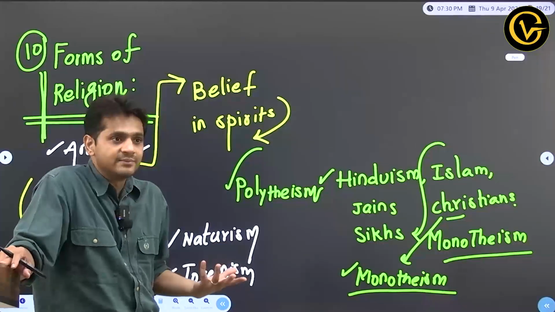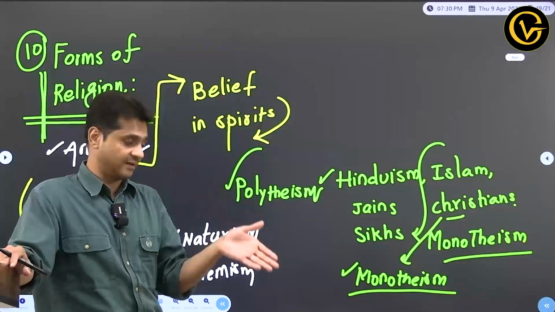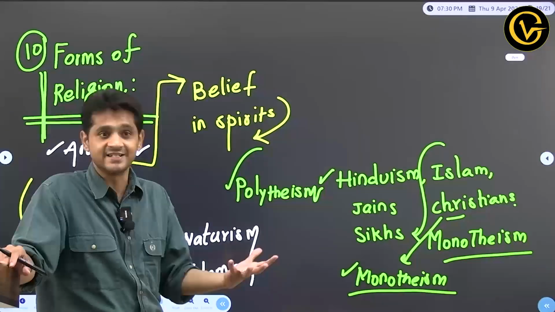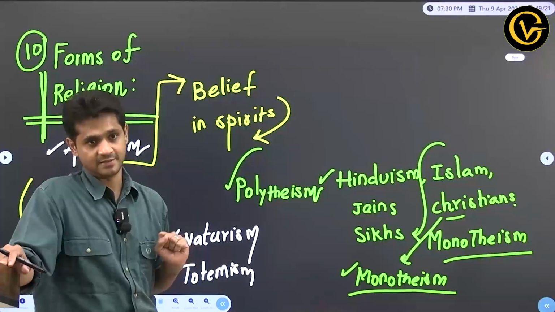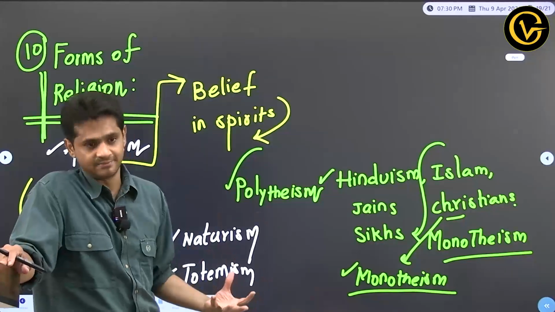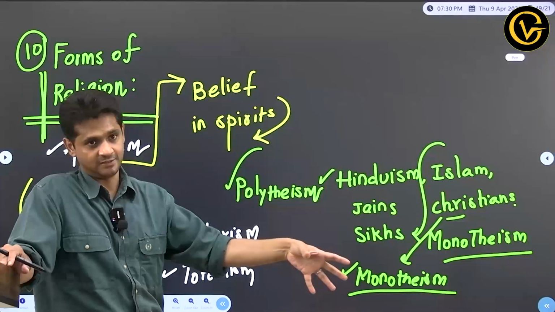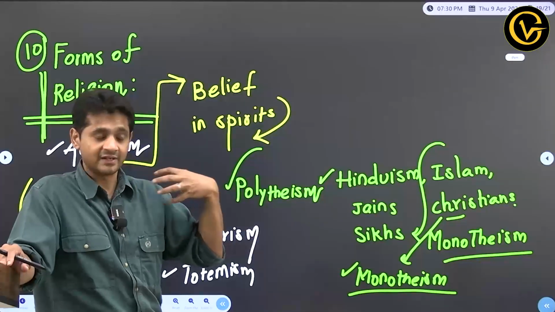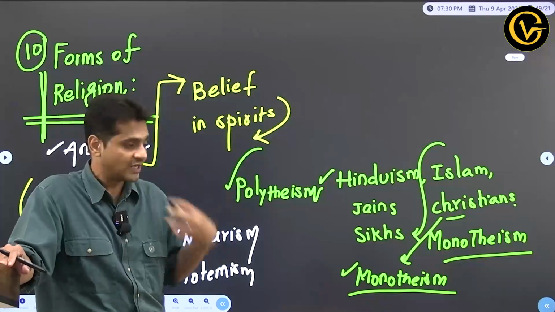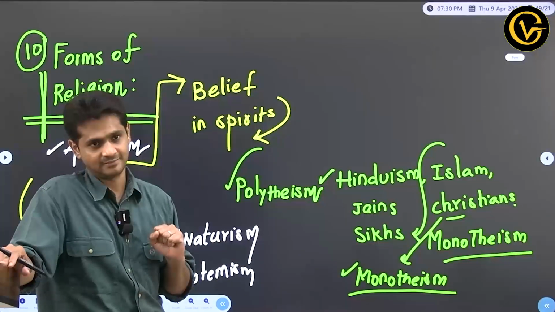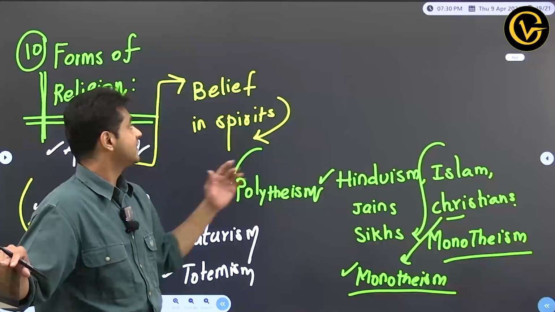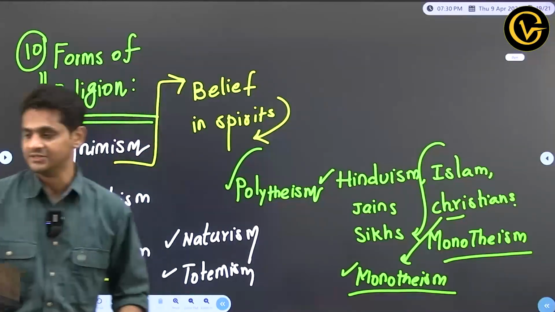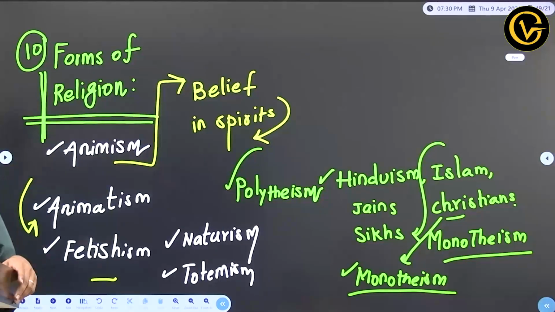So what is this? Because for us, that is not just a piece of cloth, that is our identity. That is the spirit of sacrifice of our freedom fighters. That is our spirit of patriotism. It's not just a piece of cloth. We identify ourselves, our nation, our national strength, our solidarity with that piece of cloth. So that is the idea of totem. We will discuss more about it in the regular class. So these are various forms of religion. Okay. So that completes today's session.